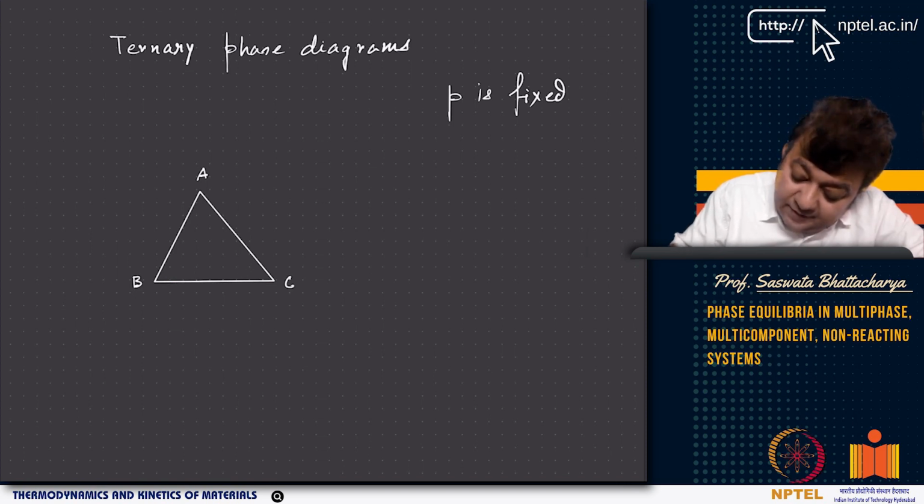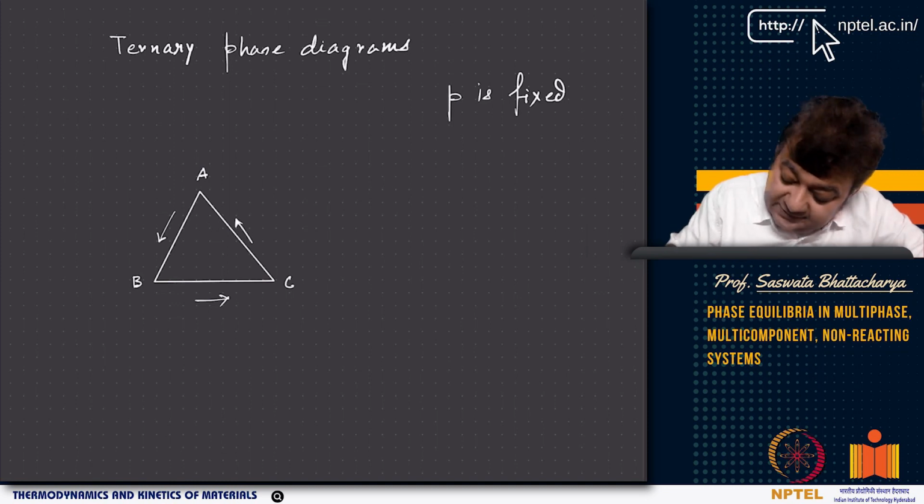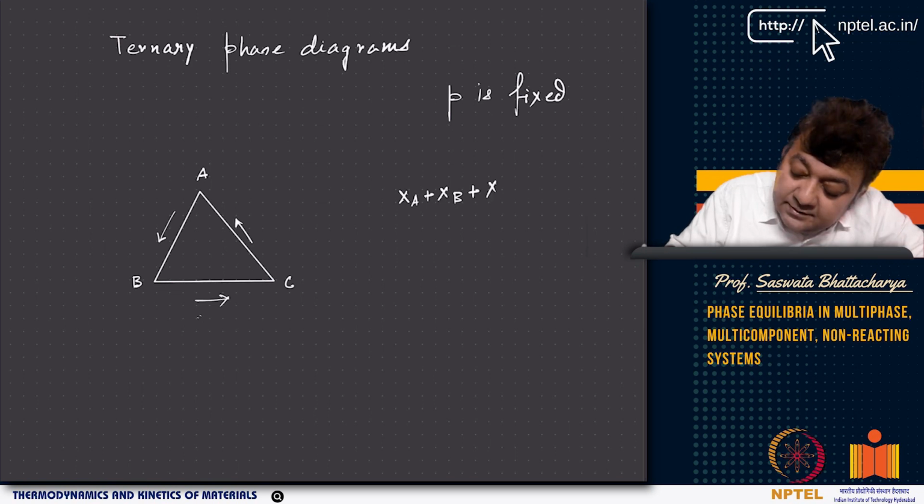But if you see, say for example, if I tell from B to C, so XB and XC, right? Basically now this is from C to A and C to B. So if I tell XB to be one variable, and we are looking at XC, so basically XA plus XB plus XC equal to 1, for any phase. So if you have several phases coexisting, you have only composition here. So I can draw a simpler diagram.